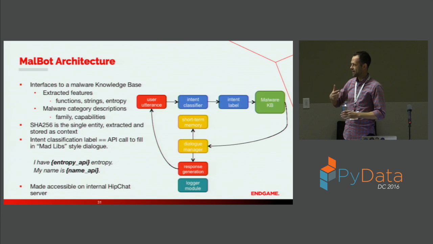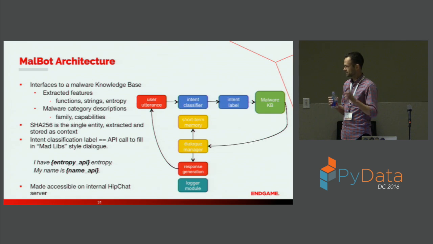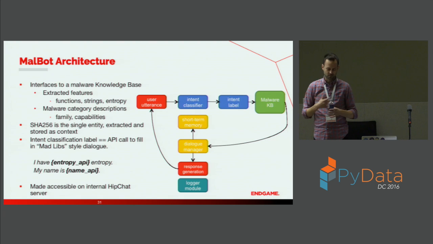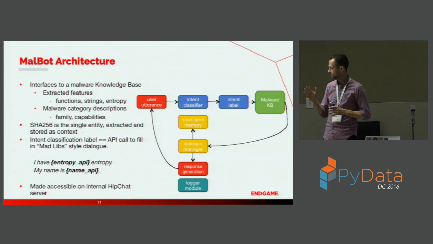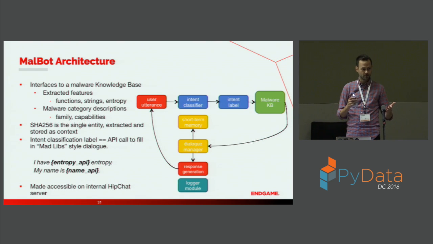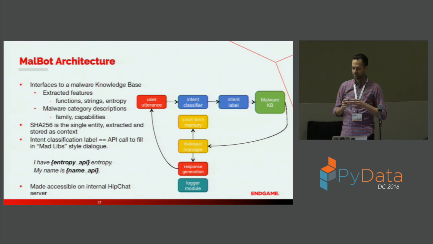So then it says, I have high entropy. So there's the illusion of intelligence. Keep going back to the title, because that would be the clever thing to do. Additionally, it's the same thing with name, sections, imports, exports, all of that. It made it very, very easy to upload new intents, to handle any sort of conflict management between misunderstandings of user inputs.